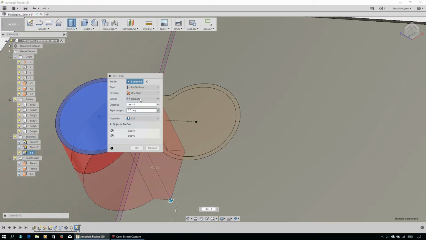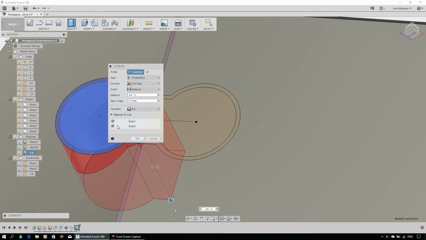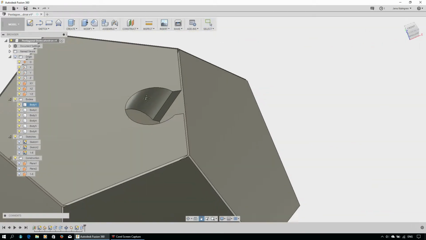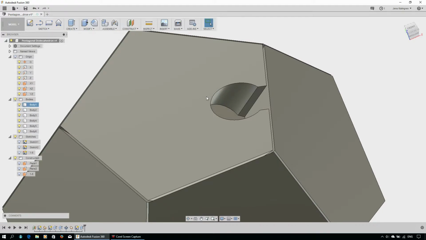Then I can decide that I want to extrude only body 1 and not body 2, body 6, like so. So this is our first ear socket in this puzzle,